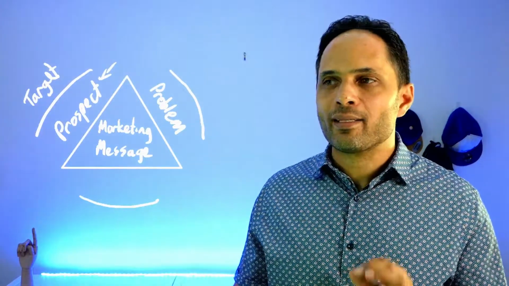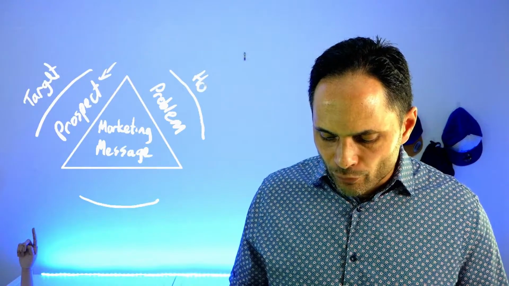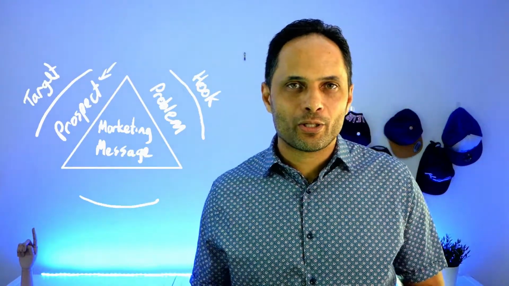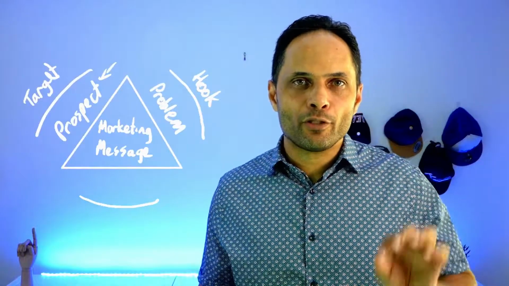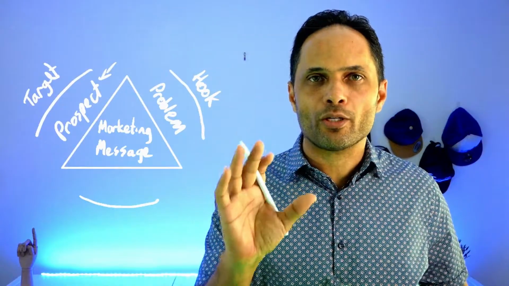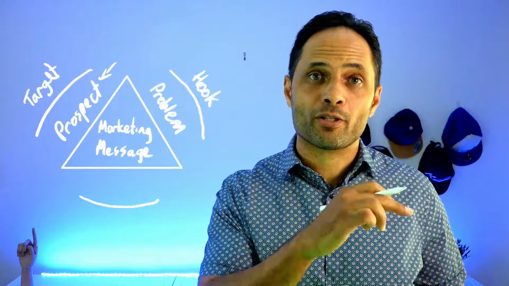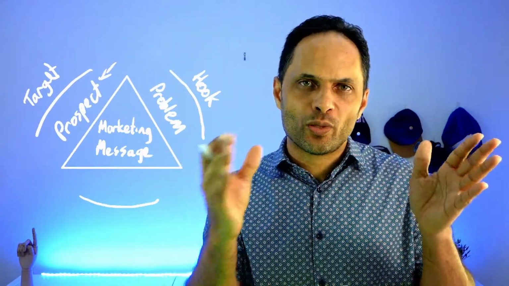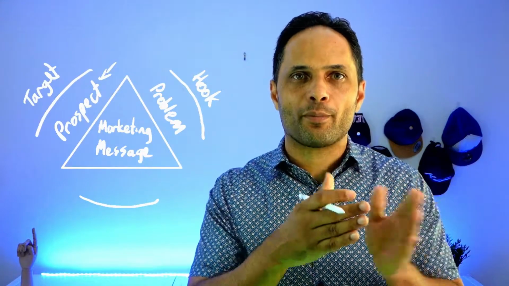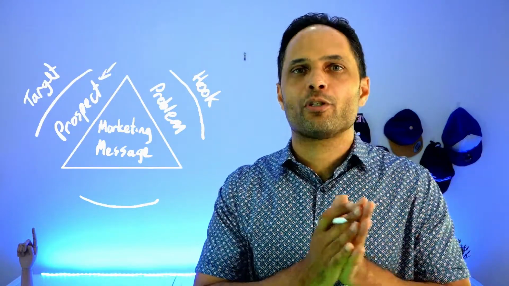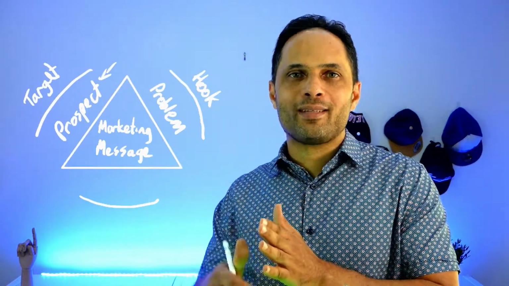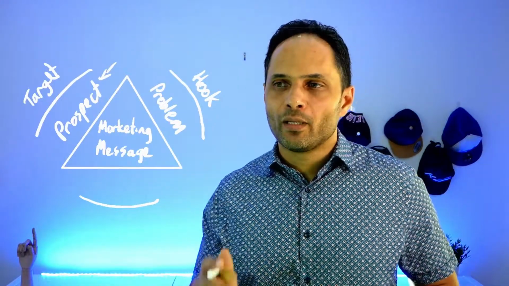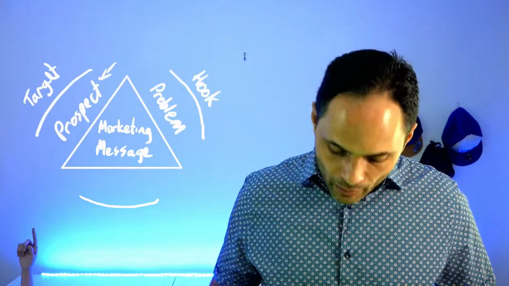And when you understand their problem, what that gives you is a hook. It's a hook to get their attention because you're articulating the problem. Now, if you don't know your prospect, you won't know what the pain is of the prospect, because pain is never general through the population. It's always very specific to a certain type of person. And when you understand the person and you understand the problem, you then have a hook to get their attention, like Whitt Woodsmall said. And the final thing you need is a promise.